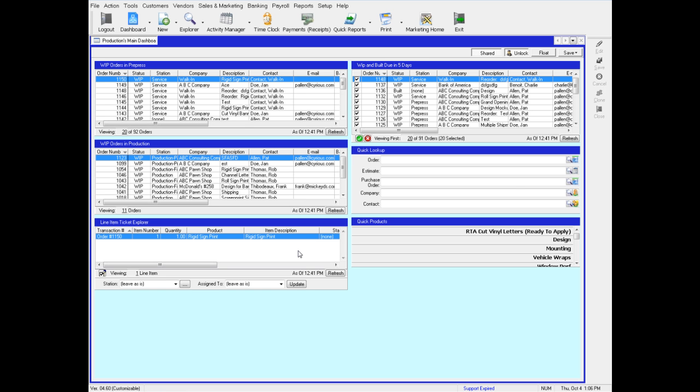Today's in-depth training class, we're going to be talking about Production Terminal. Production Terminal is another feature, another option that the system has. It's another program, essentially, that is run off of Internet Explorer. And essentially what Production Terminal is, it's a way for your production people to be able to log into the